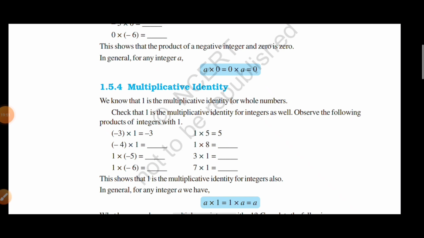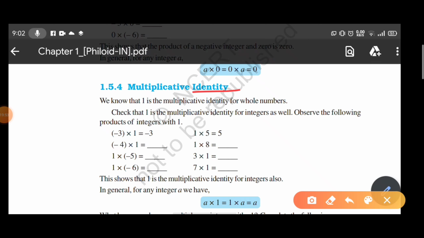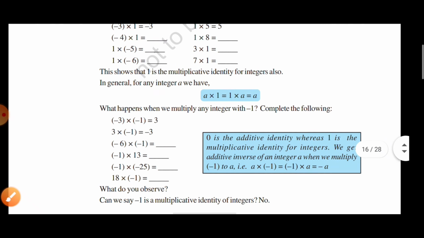multiplicative identity. So in additive identity, when we find the additive identity, it means the value should not be changed. So we added 0 to my value so that it cannot be changed, and I named 0 as the additive identity. So for the multiplicative identity, I need a number by which if I multiply, my number will not change. So it is the value of 1. Whenever I multiply my number with 1, the answer will not be changed. So it is called the multiplicative identity for me. Okay, so next is provided